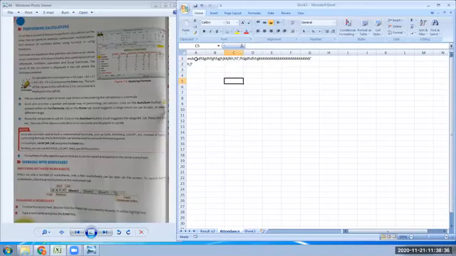Now if I click on A, these are the contents in A cell. If I click on B, B cell is empty. Look at the formula bar. If I click on C, C cell is also empty. D, again empty. So this entire typing is done in A cell.